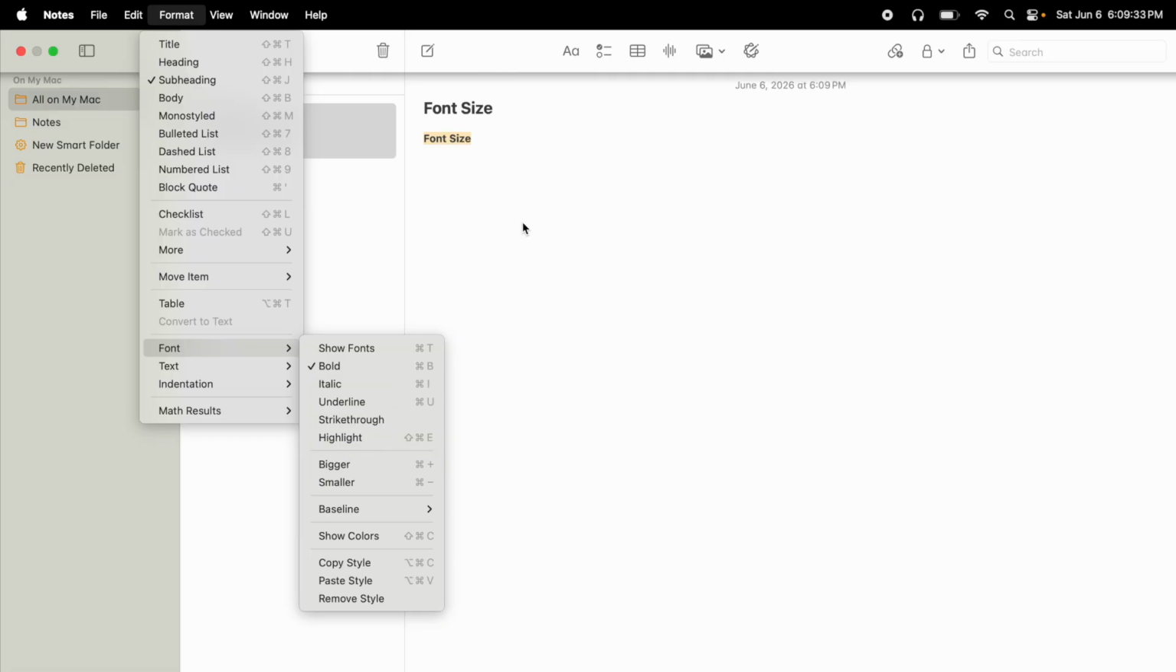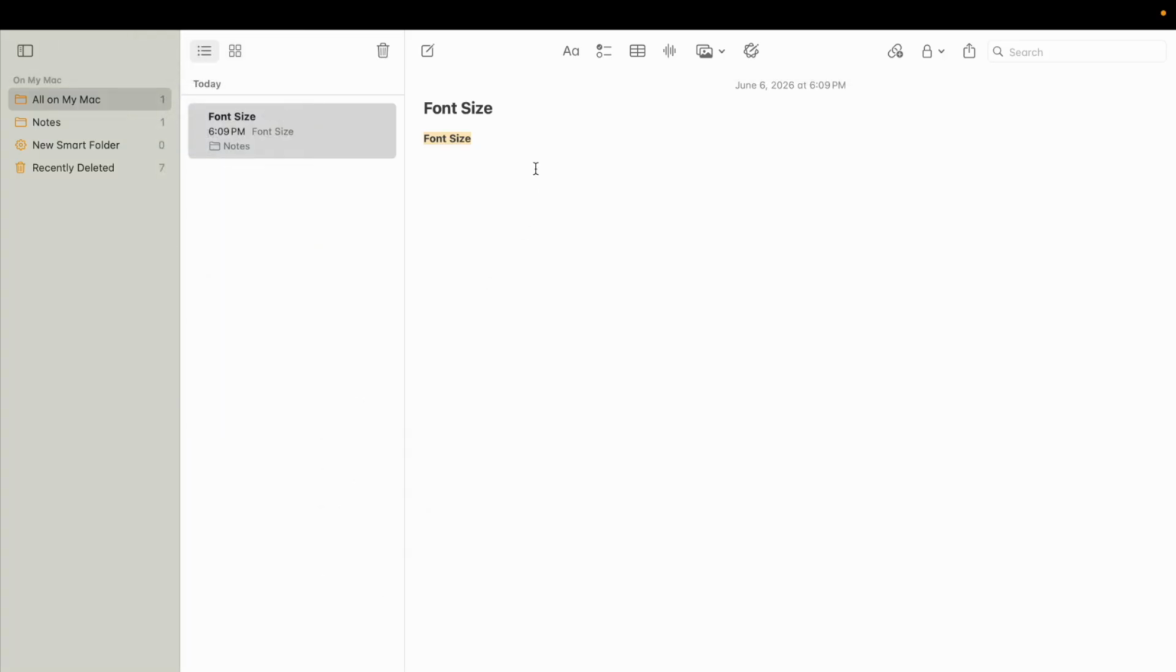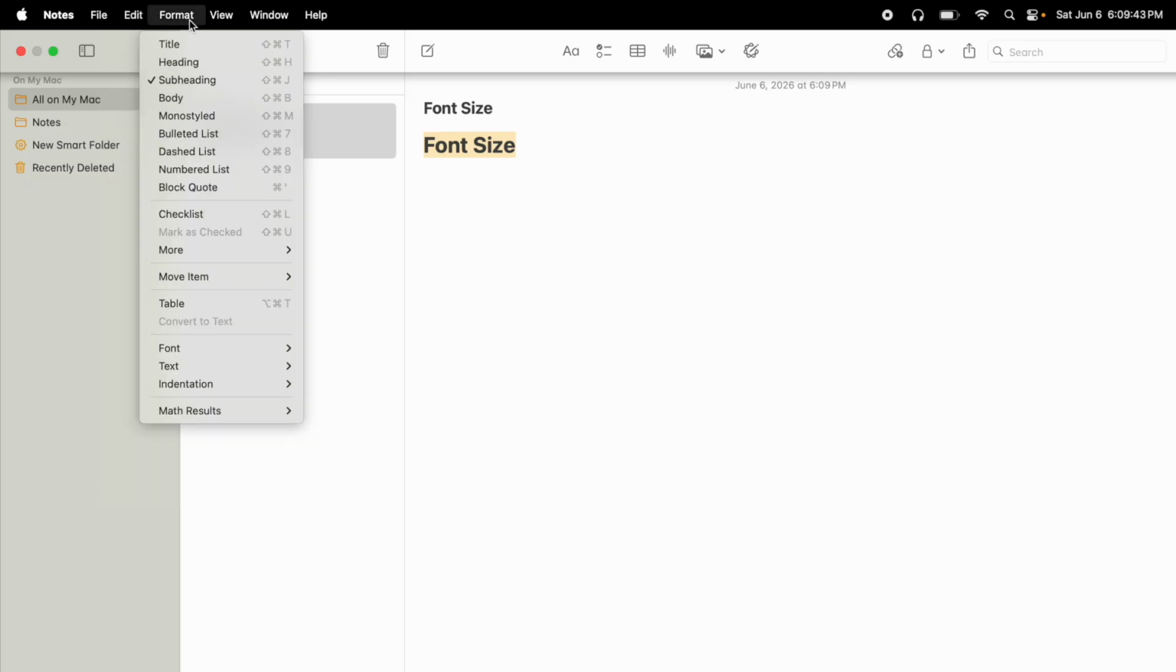So you can do command plus if you want. So if I were to highlight this and command plus, it'll make the font size a little larger that way. Command minus can make it a little bit smaller, but also if you want like a specific one,